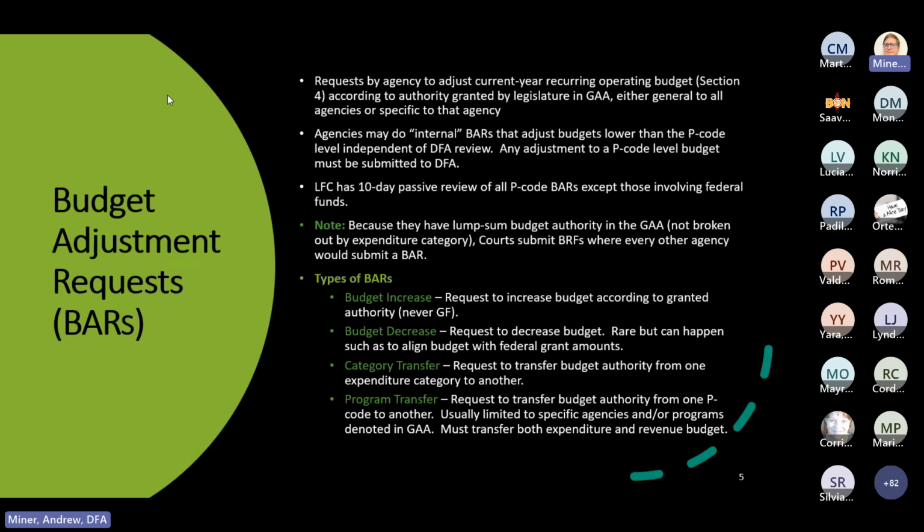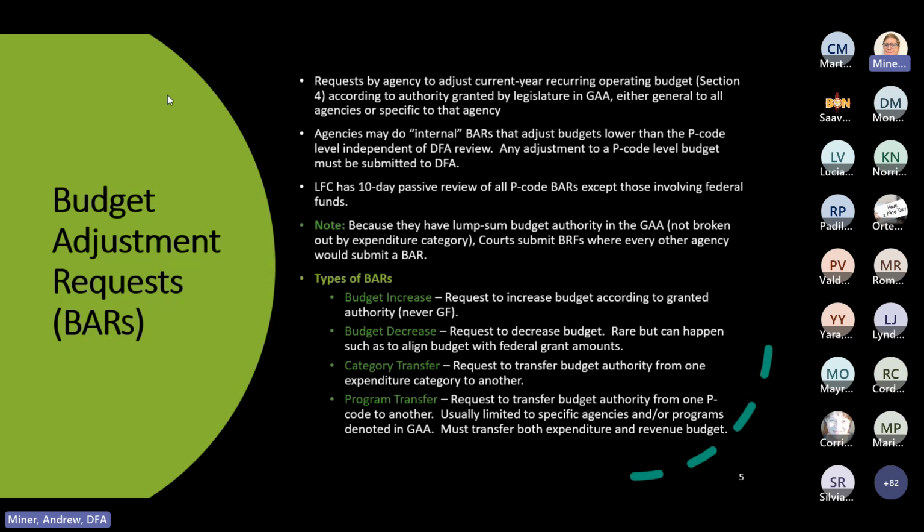However, any adjustment that's to a P code level budget has to be submitted to DFA. And that's because the legislature appropriates your budget by P code, right, by program. So any sort of adjustment to the P code budget as it appears in House Bill 2 needs to be approved by us. Okay. And like I said, the LFC has a 10-day